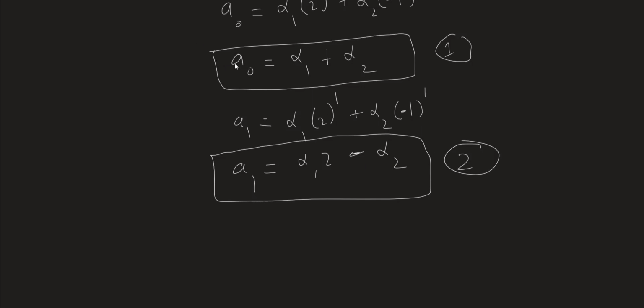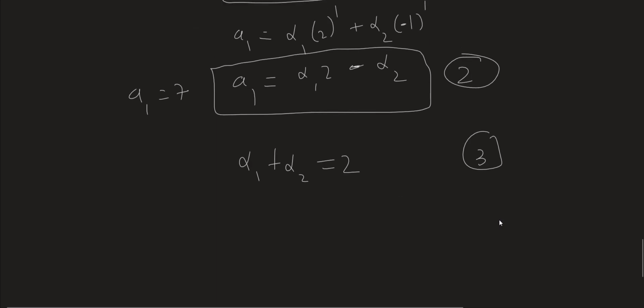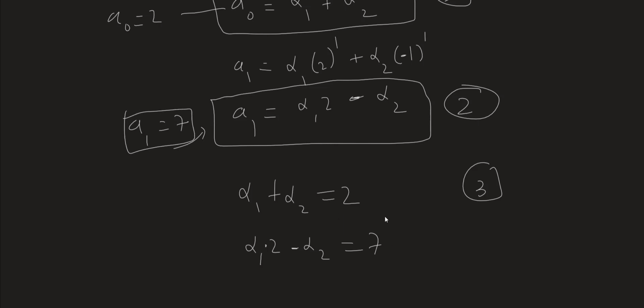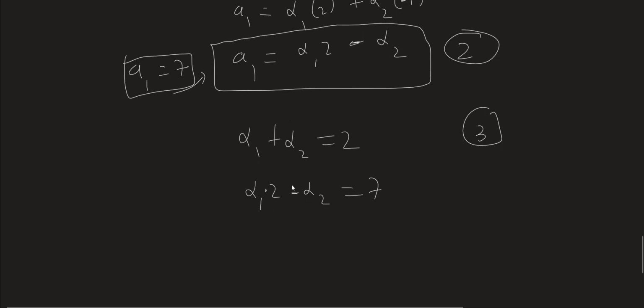But at the same time, we know, which is given to us, the initial condition, A0 is equal to 2, and we know that A1 is equal to 7. So you can say alpha 1 plus alpha 2 is equal to 2. Let's call this equation 3. And alpha 1 times 2 minus alpha 2 is equal to 7, using this and this, which is given to us. Now, if you simplify these two equations,